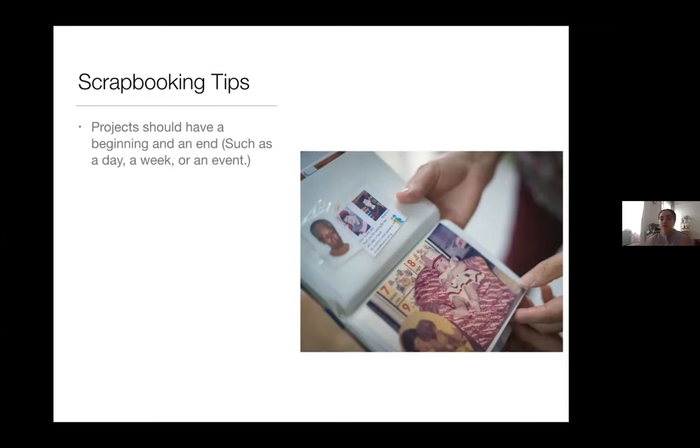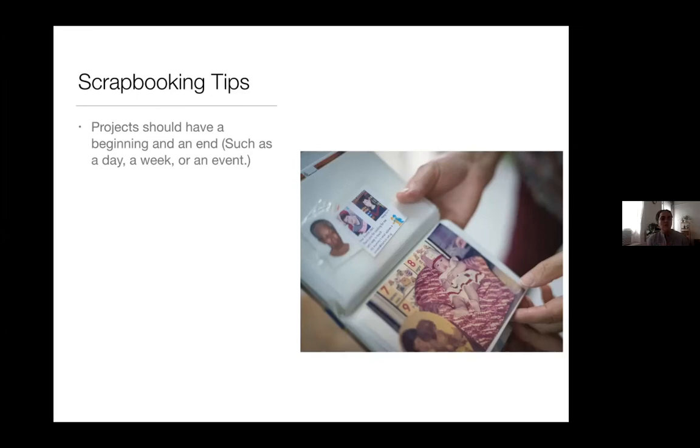It could be something specific. It could be, oh, it's grandma's birthday, and we're going to scrapbook about grandma's birthday. So we're going to talk about how that day started. We're going to talk about all the preparations we did, and we're going to talk about the celebration at the end. So it could be anything, but just create a start and a finish for your idea, so that it is not open-ended and never ending.